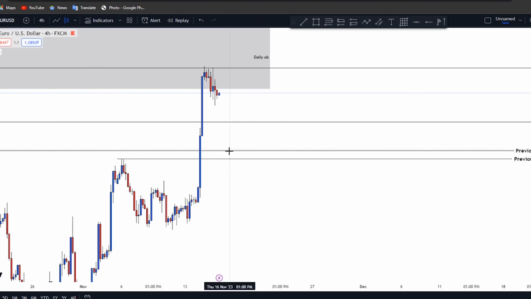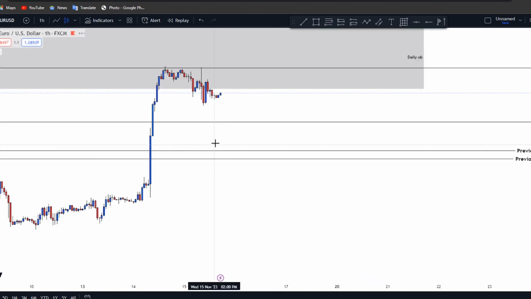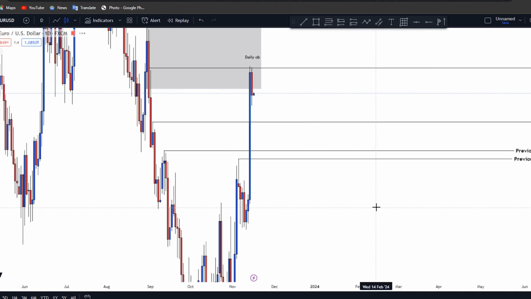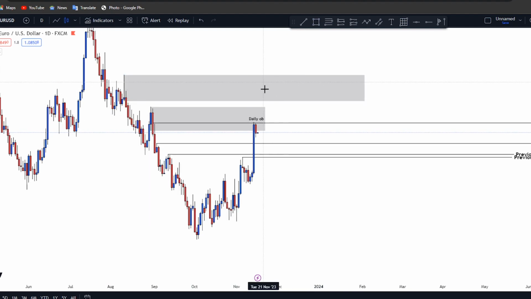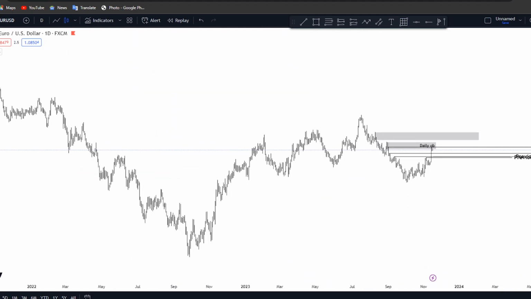So if I get any rejections from these, then by all means, it's gonna be just like gold. I'm gonna be looking for buying opportunities. But also to take into consideration, there is this very lovely order block right here on the daily that I'm definitely gonna be looking at in the future. Probably looking at it, who knows, this might not happen till like December or maybe in the new year, but I'm looking at this to continue sells,